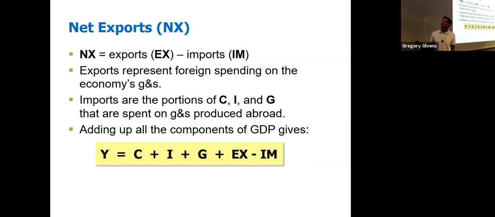What is inside of C, I, and G? Some of the goods that we've imported, right? Some of the dollars that we're spending on consumption goods are on things that aren't produced domestically, a lot of them. Some of the investment products that firms and businesses purchase aren't produced domestically. Some of the stuff that governments buy aren't produced domestically. And so we actually have to subtract out the total market value of imports from this equation in order to